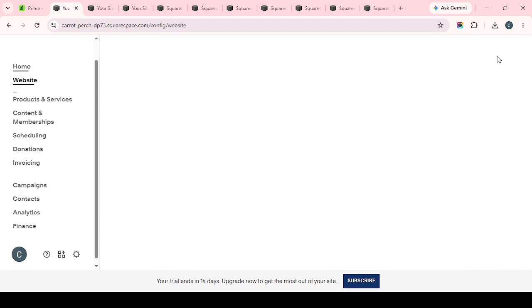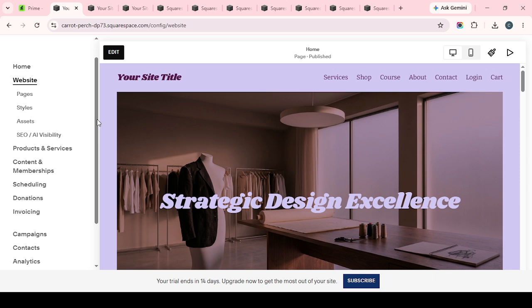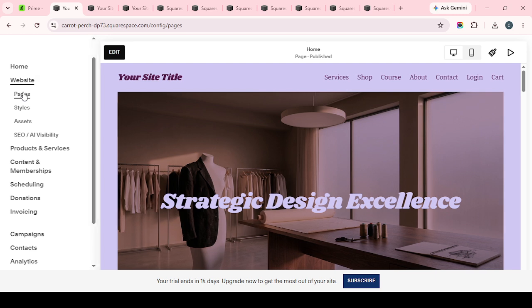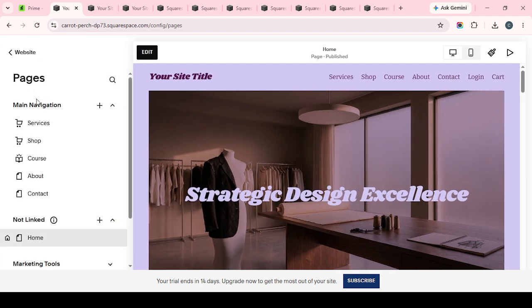To begin, open Chrome and go to your website's management area. From there, navigate to Website Tools and then select URL Mappings. This is the section where you can create redirects from one page path to another, which is especially useful if a page has moved, a URL has changed, or you want visitors and search engines to be automatically sent to